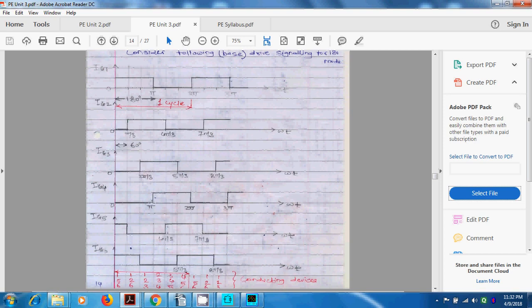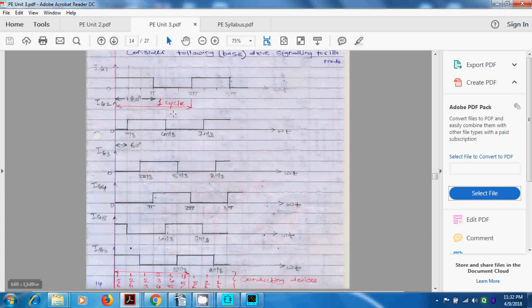For example, after this, that is 180, we have 240. So 240 to, definitely, this will be 420. But here we already know one half cycle is completed. So this is 360, and again this will start with 0 to 60. So this 0 to 60 comes again here, and we can say 240 to 360. Similarly this will be delayed by 60 degrees, so this will be 300 to 360, and after that 0 to 120 is here. So it is basically periodical.